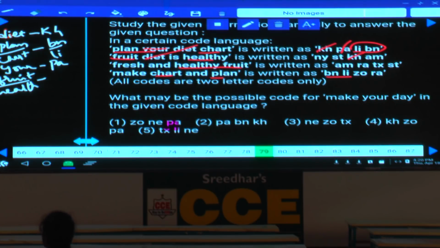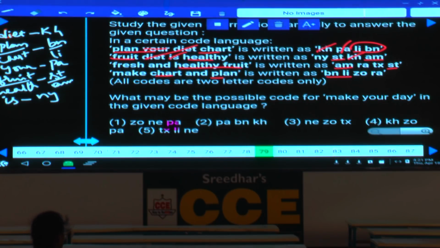Then N by AM, AM, ST. Hence AM and ST are the codes which are common. Done with this, fruit and healthy. Then what is left over here? Each is the word left over, and the code which is left over is NY, and the code to the